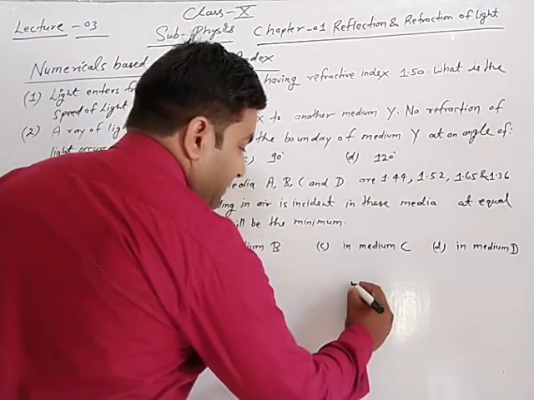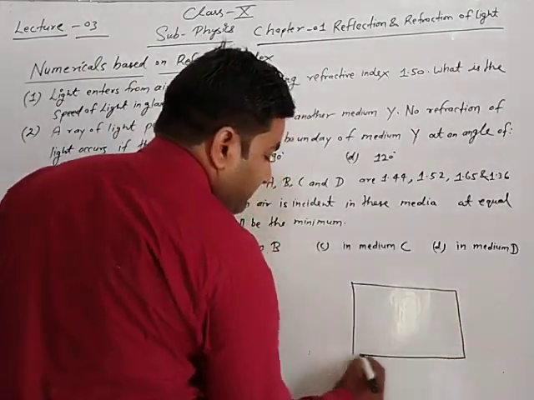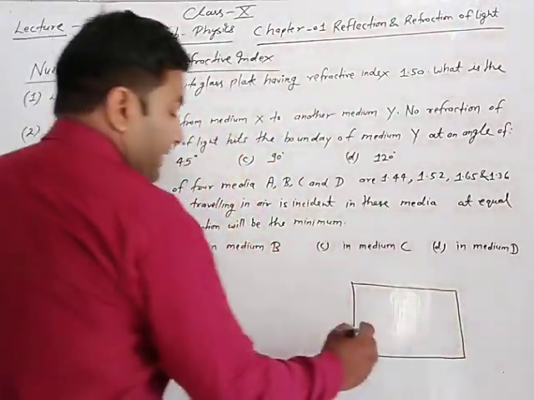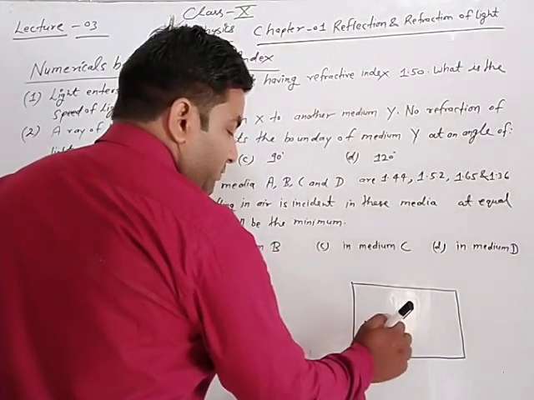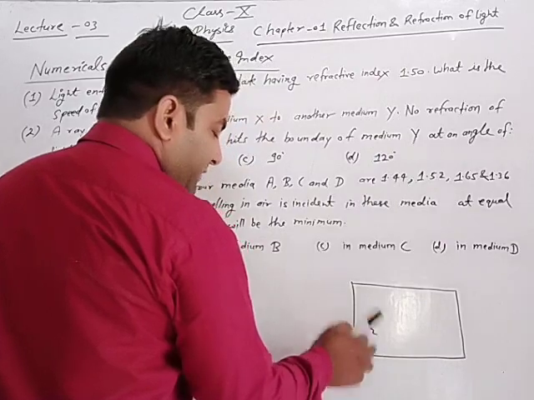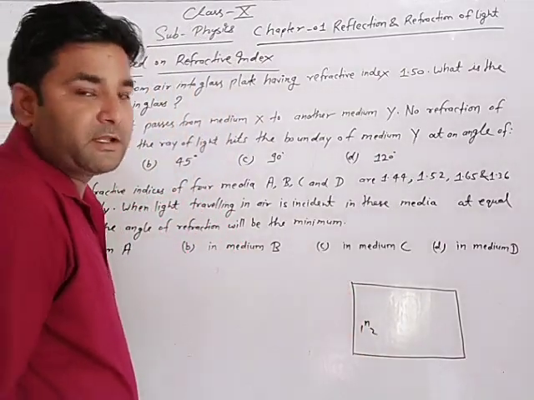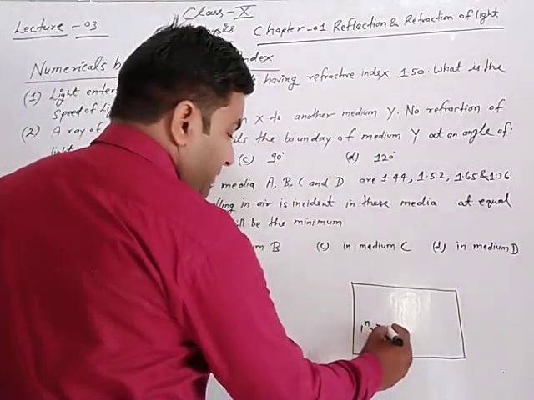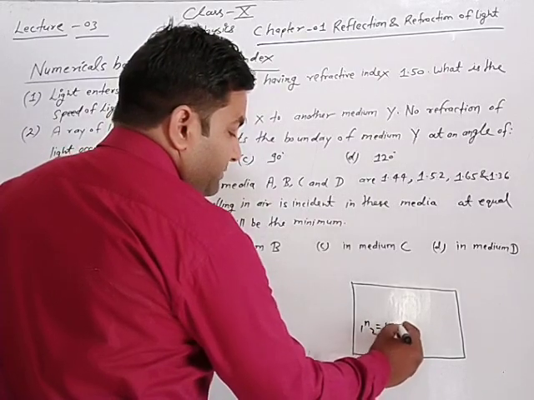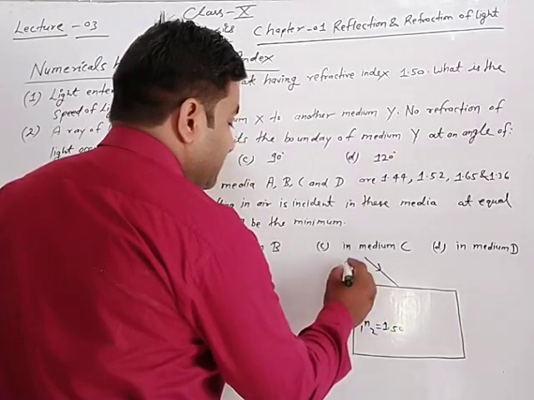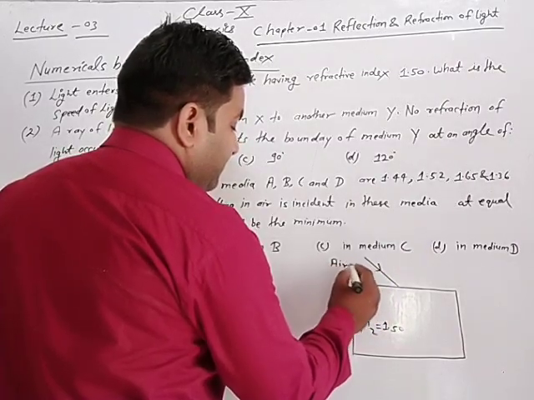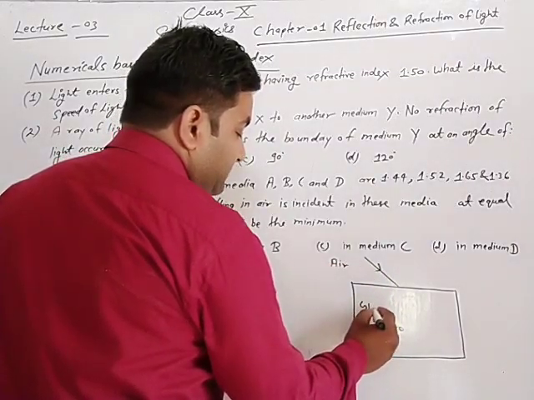First of all, a glass plate having refractive index 1n2. This is medium 2. So 1n2 means n2 upon n1, the refractive index of glass with respect to air. That's why I have written here 1n2 equals 1.50, given, and a light ray coming from air, and this one is glass,